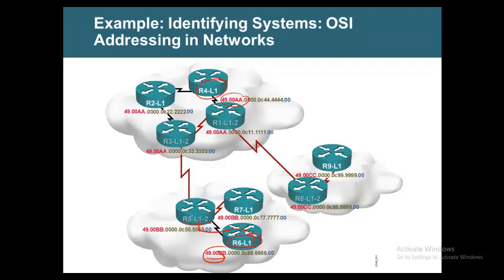The L1 L2 router will check the L2 database because the source area ID and the destination area ID are not the same. So it checks only the L2 database and forwards the packet here. This router will compare and understand that it needs to go here by checking the system ID. It delivers the packet here